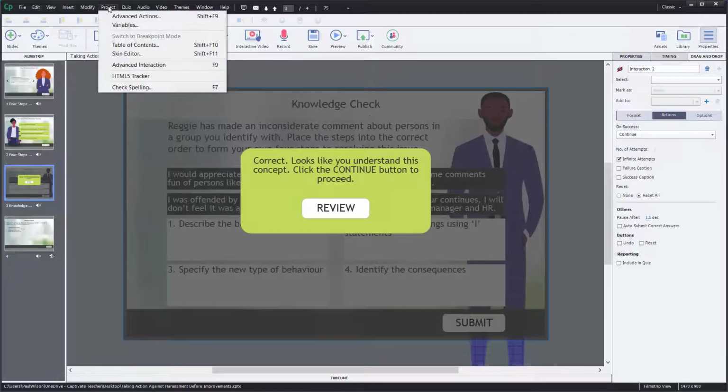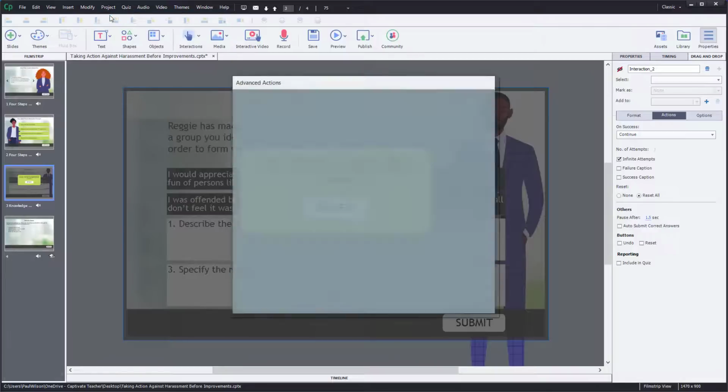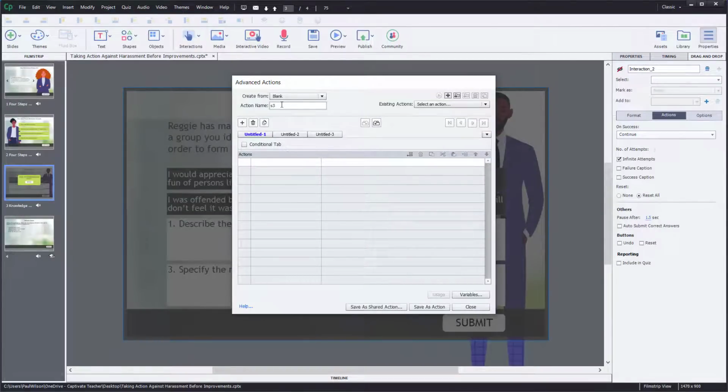So let's click on the project drop-down menu and select advanced actions. We'll call this S3_on_enter. And we're going to simply hide our overlay, hide our caption, and hide our continue button, and hide our review button. So let's save that as an action, click OK, and now we'll create a new advanced action which we'll call